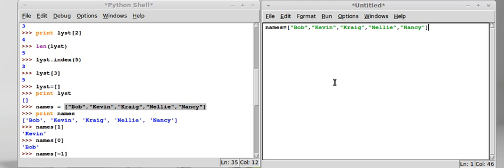Okay, so we have our names, and we'll have two ifs. We'll say if the length of names is greater than 2,